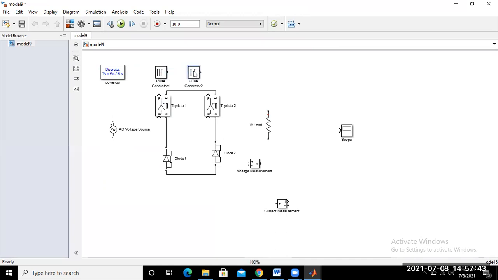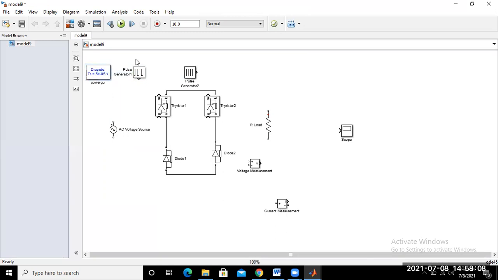Now just connect this gate pulse to the SCR1 and SCR2. Okay. So again, click here and Ctrl+R. So you will be able to rotate this one. Yeah. Now you may connect from this point to this point.